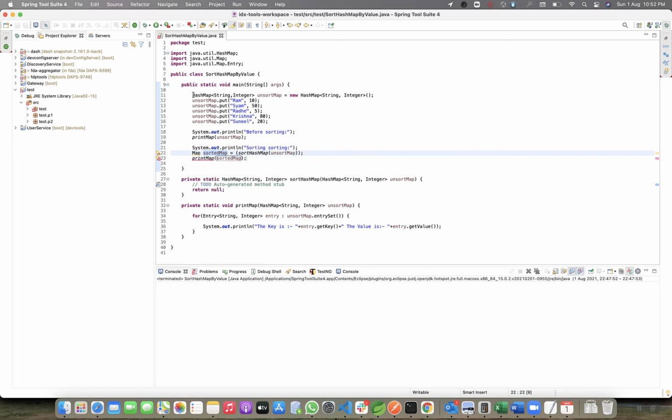Once again I need to create this type of map here. Okay, now compile it. Now the main logic we need to write here.